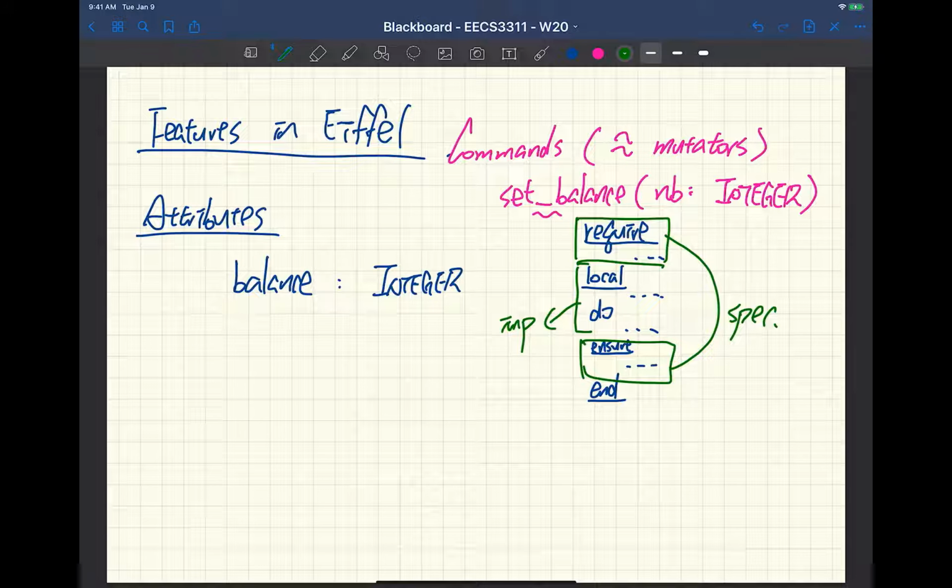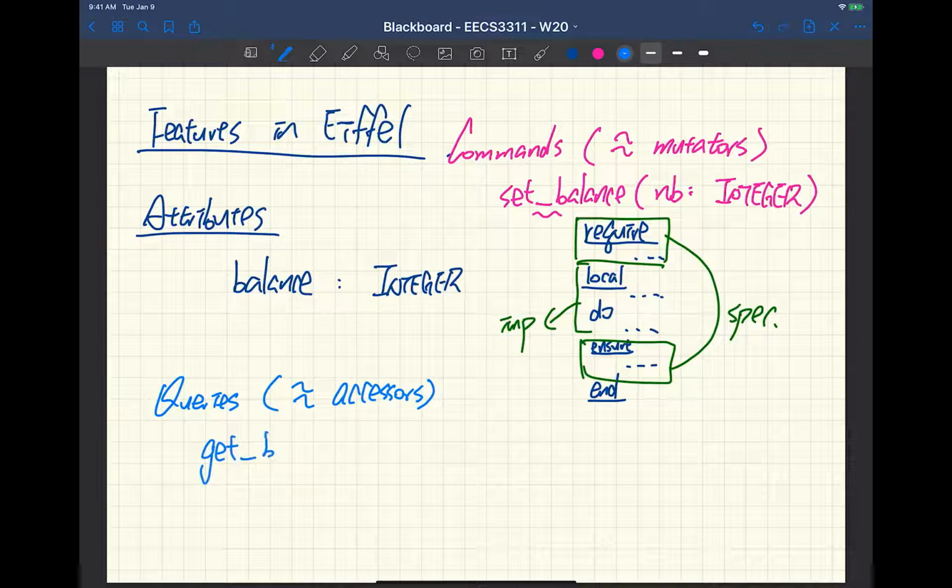Let's talk about query, which is very similar. The only difference is you have a return type for the query. So let me just use this. Let's say queries, similar to accessors in Java for getters. Let's say we want to say get balance, for example. In the case where your query or command does not require any parameters, you might be quite used to